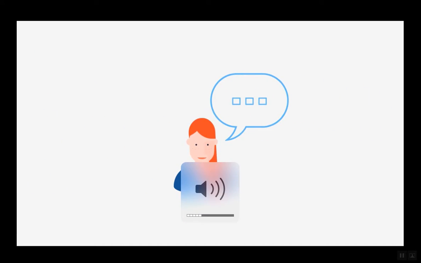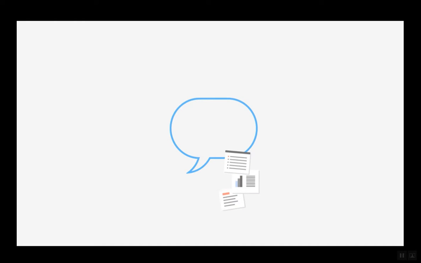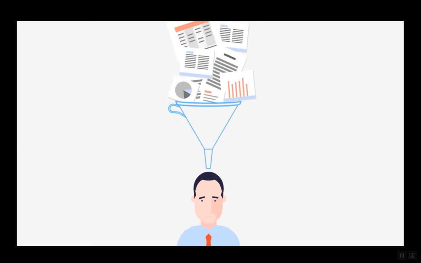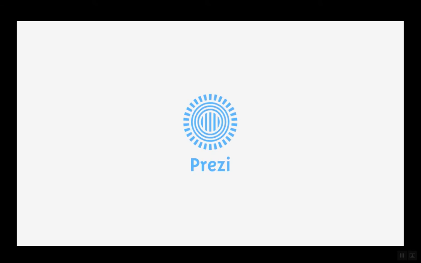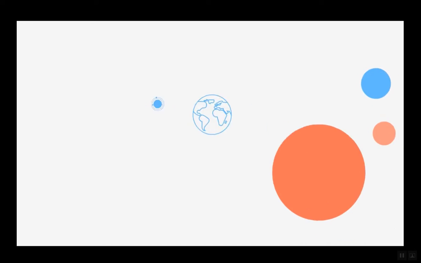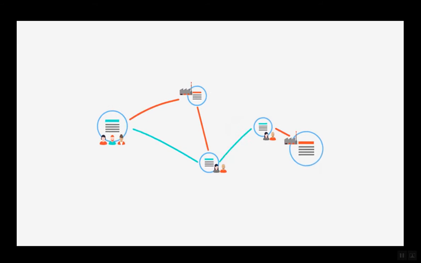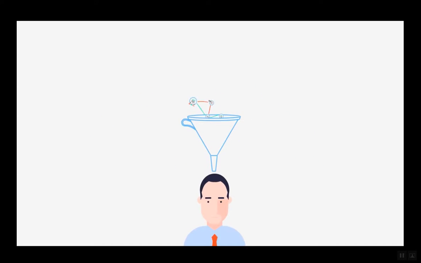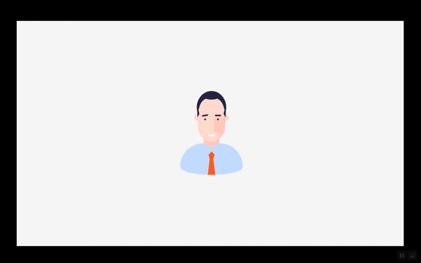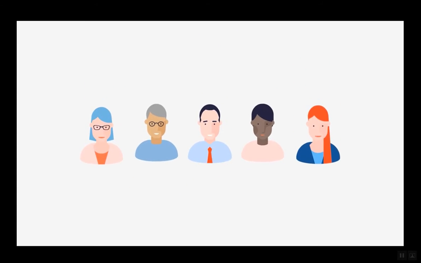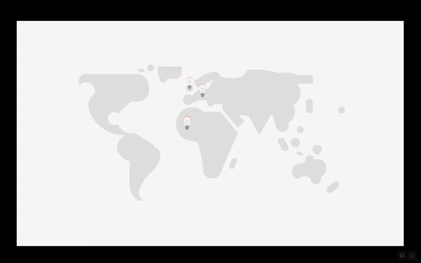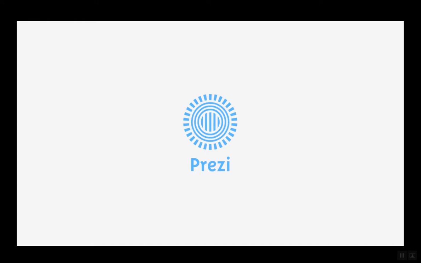The way you communicate a message is just as important as the message itself, but traditional tools produce traditional results. Enter Prezi, a platform that combines space and motion to help you stand out. With Prezi, you can show the big picture, then zoom in to reveal the relationships between your ideas. Not only does this make your message more understandable, but also more memorable. Whether engaging with an individual or an audience, in person or remotely, Prezi brings your message to life. So what's next? Just click New Prezi to get started.